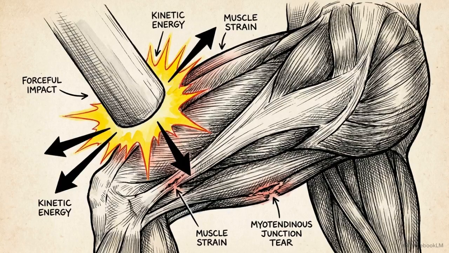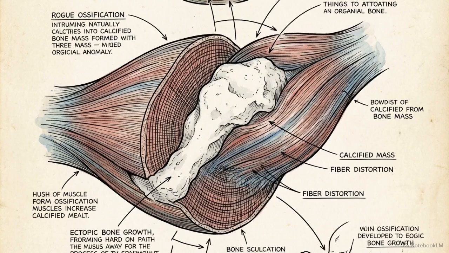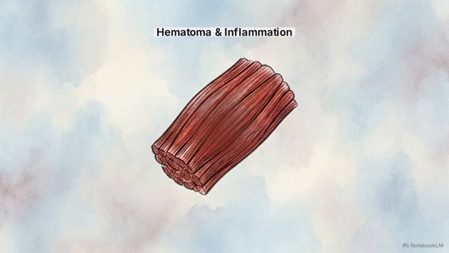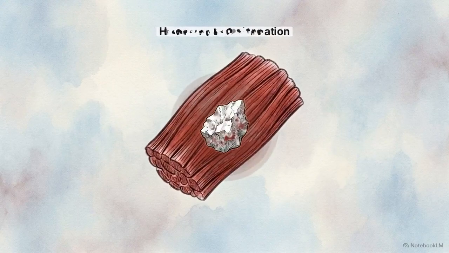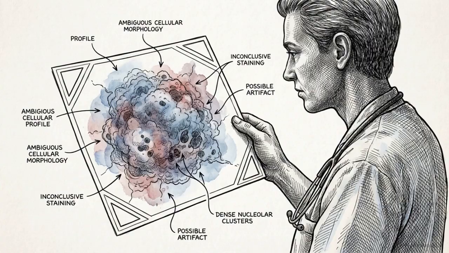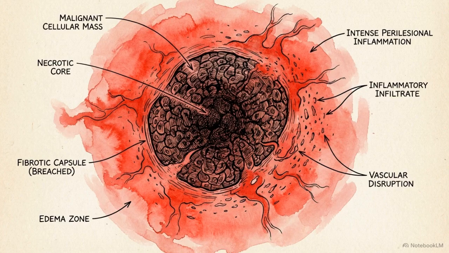Acute injuries also arise from direct blunt trauma or forceful myotendinous contractions, frequently resulting in severe muscle strains. A significant complication of direct trauma is myositis ossificans, or MO. This is a reactive form of bone formation that occurs abnormally within the muscle tissue following an injury. In its early stages, MO presents a severe diagnostic challenge. It can appear as a soft tissue mass with massive perilesional edema, creating an imaging profile that mirrors an aggressive